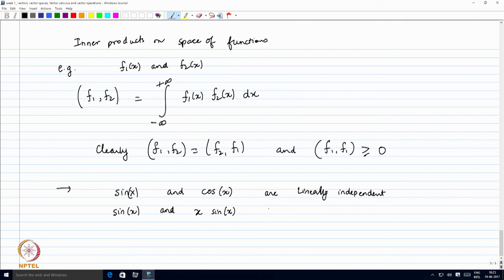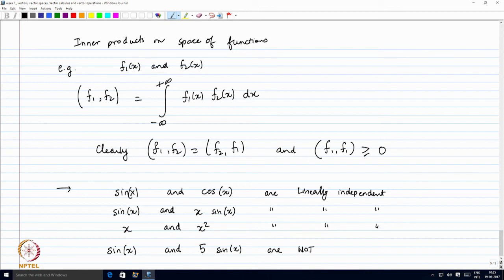These are also linearly independent. You can take x and x squared. These are also linearly independent. But you can take something like sine x and let us say 5 times sine x. These are